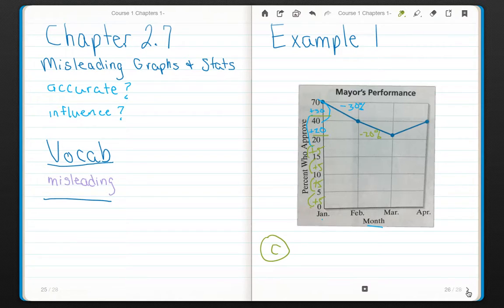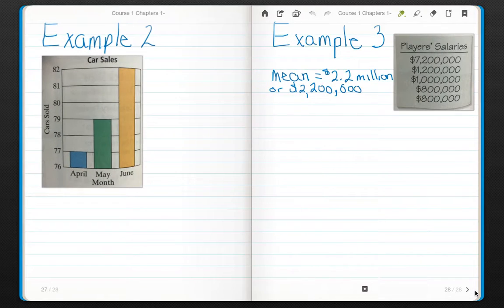All right, example number 2, car sales. An auto dealer made a graph at the right showing how many cars were sold. Here, April, May, June, 3 months. It looks like between April and May I had a pretty big jump, and between May and June I had a huge jump in car sales. If I just looked at the bars, I'd be like, whoo, look, big jump,